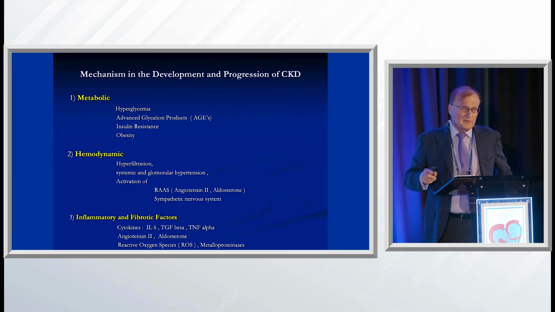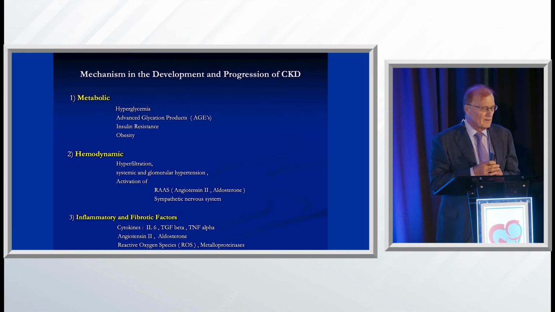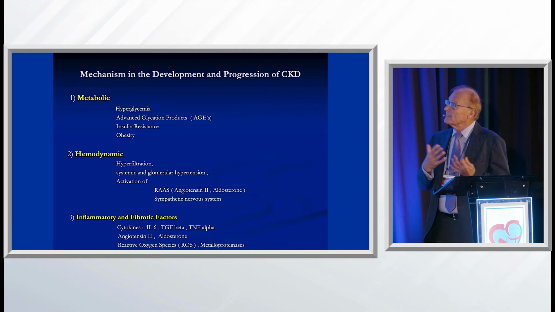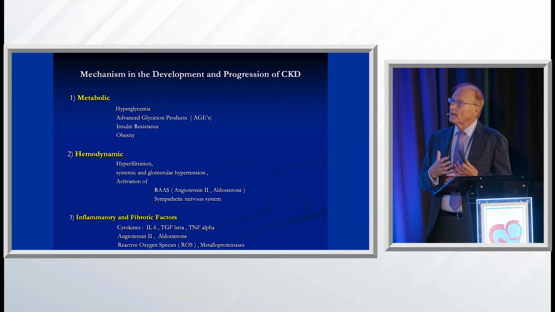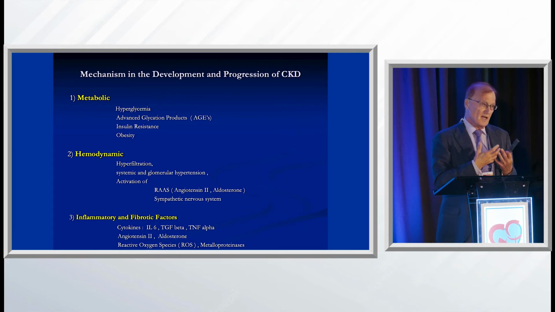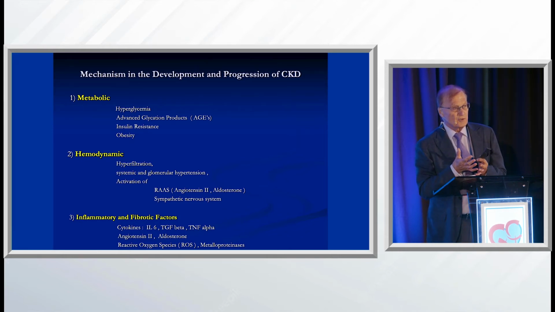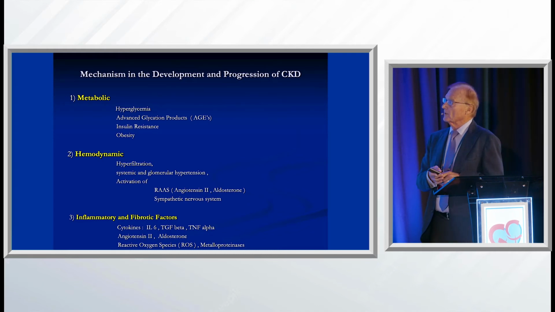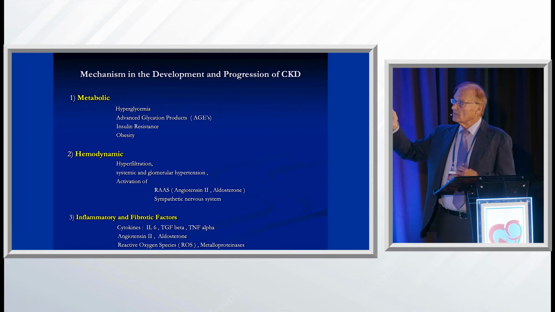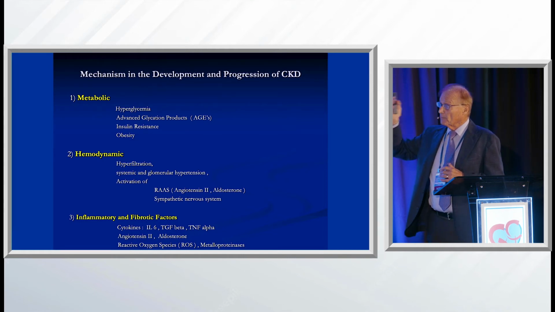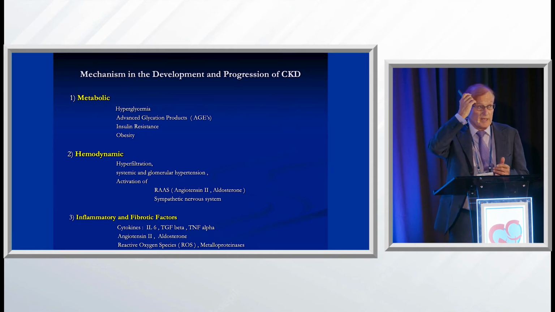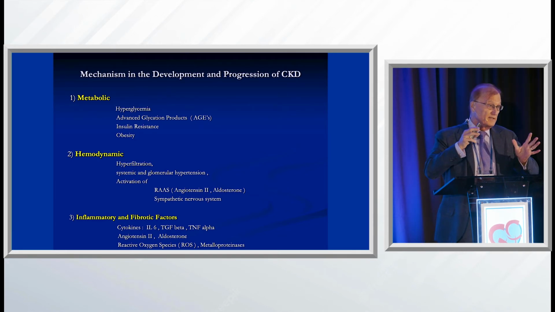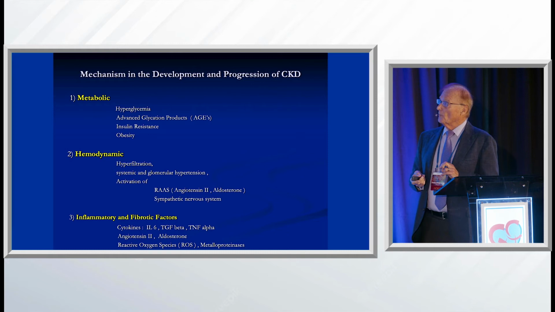So I thought I'll put together on one slide what I think are the mechanisms behind this. When you ask what causes the onset and the progression, so that your eGFR gets below 40 and or you develop albuminuria, I think hyperglycemia is number one. There are other glycated products, which we call AGEs, and insulin resistance, and then obesity. And I'll give you 3 slides on obesity.